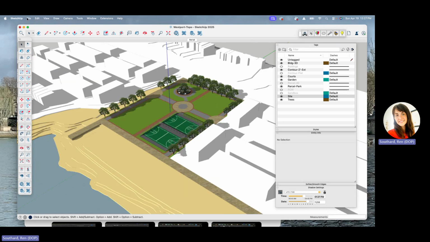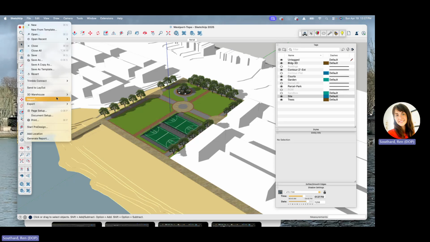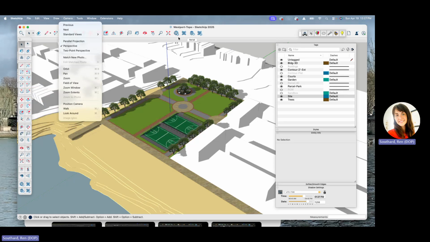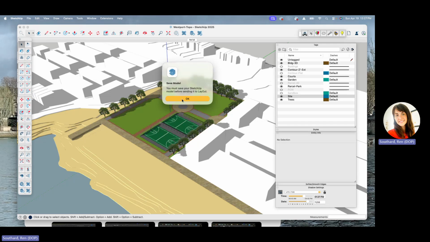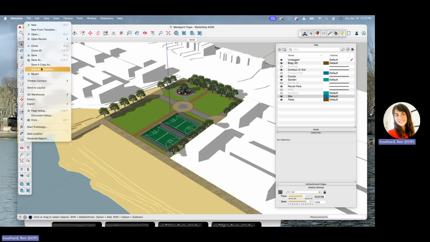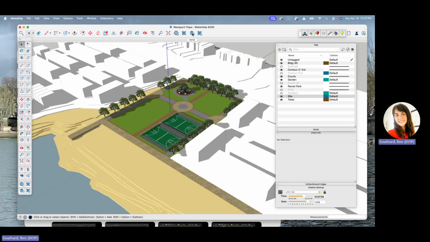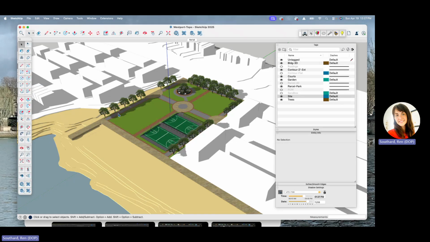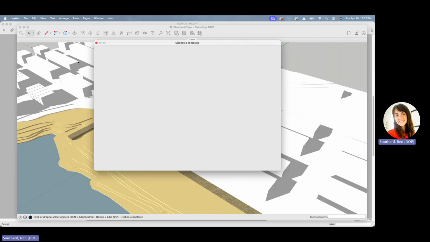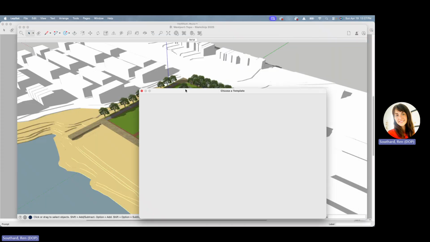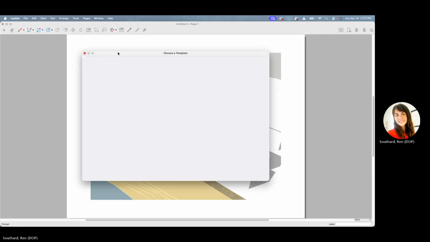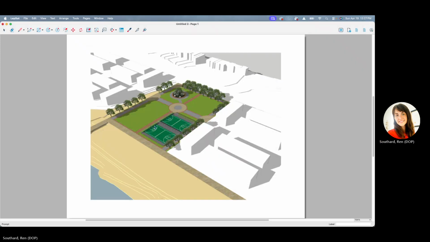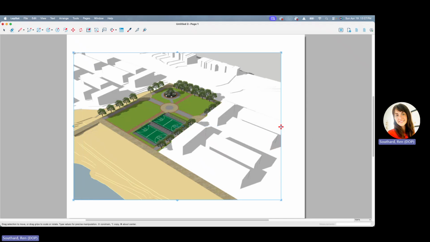And I can either hit file, export 2D graphic, or I can use layout. And I have to save the model, which I should have done anyway, but now I'm just ready to export this. And I've got a nice, lovely graphic that's got a park scene and some trees and some shadows and all of that. And if I use the layout,